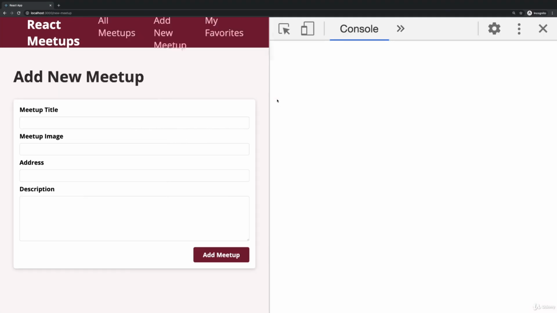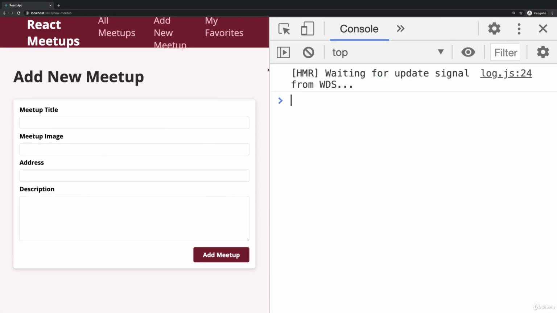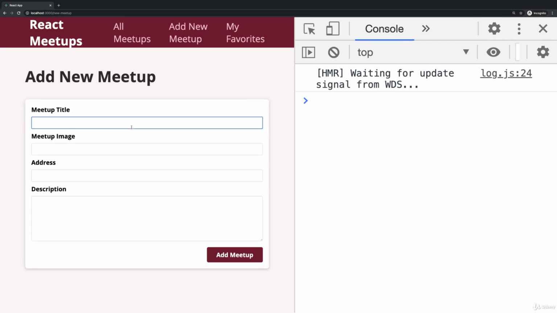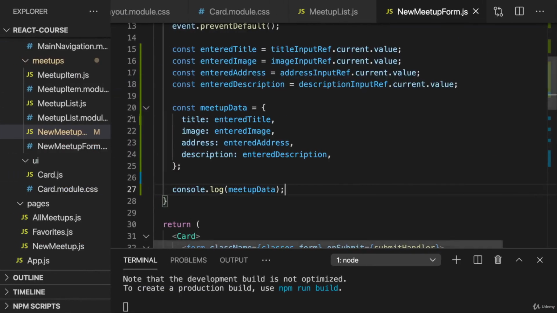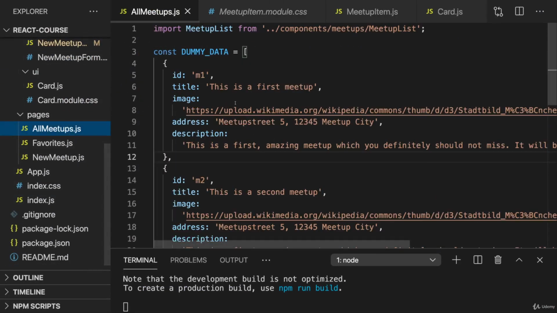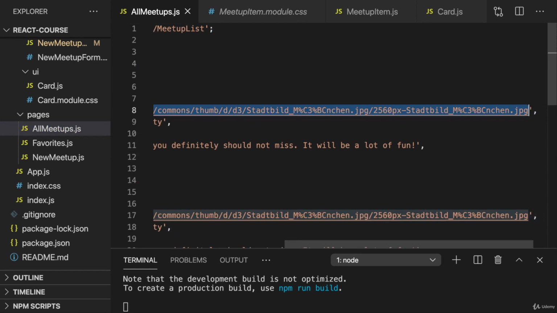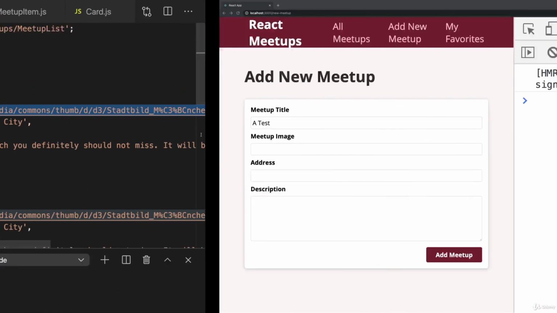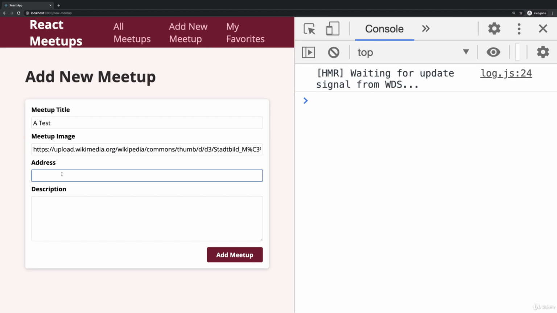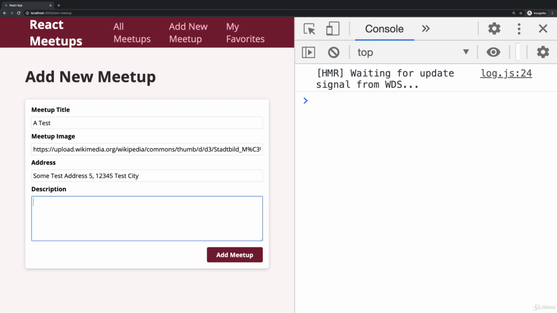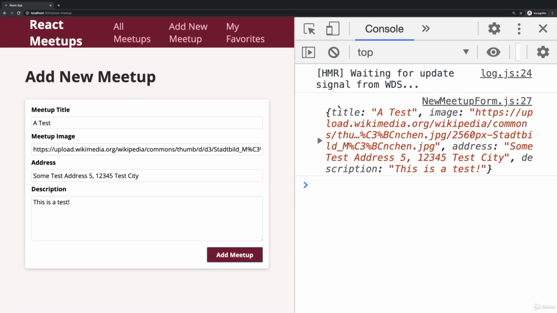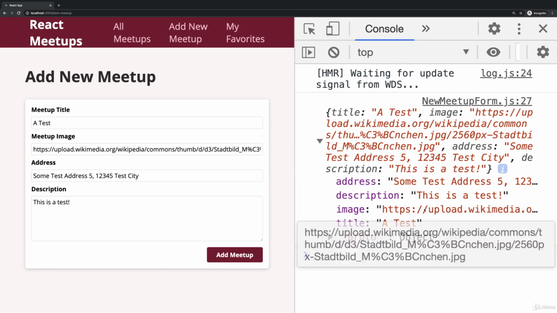And hence, if I now go back and open up the DevTools here and reload, we can enter something here like a test, and then here's some URL. Let me just grab that dummy image URL from my dummy meetup data in the all meetups.js file and insert that here without quotes. Some test address, 12345 test city, and then this is a test. And if we now click add meetup, we see this object here on the right, which is the object with